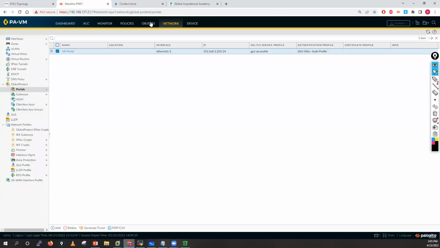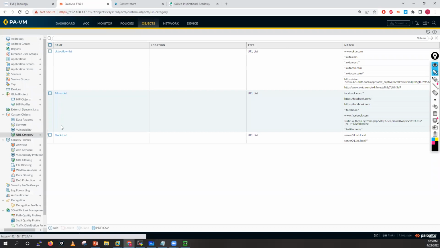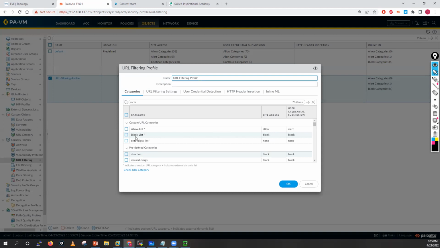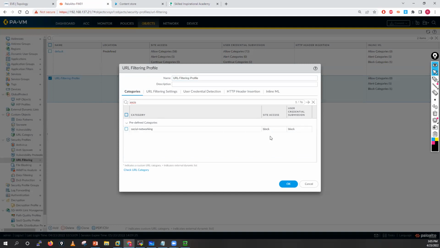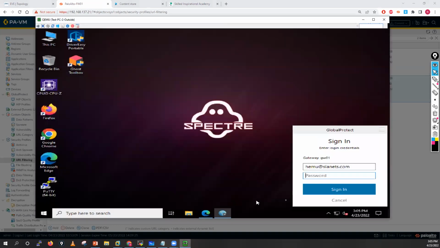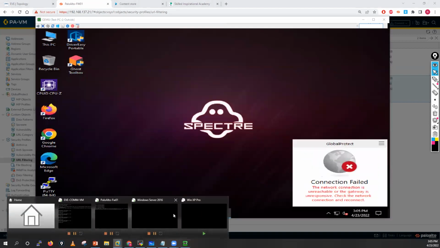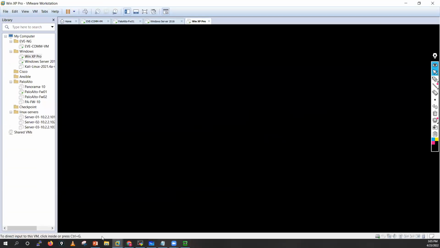Now, apart from this, as you have seen, if I go into my object and check my URL filtering object, let me check which website I have here with the block action. Social networking is in the block action, right? So if you want to see, let me log in to this local machine. Meanwhile,